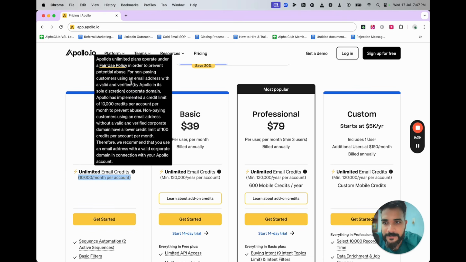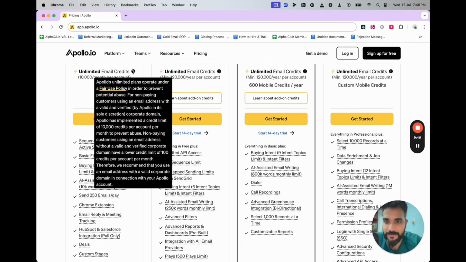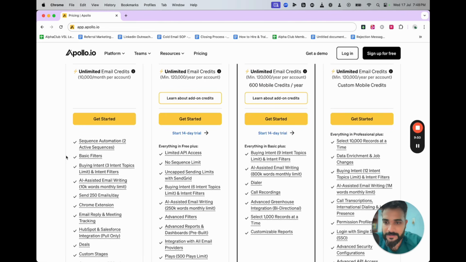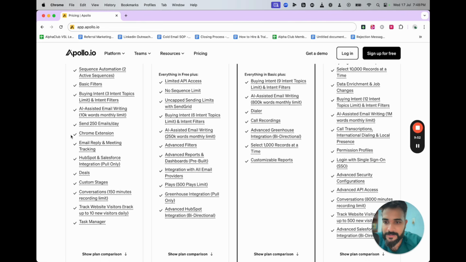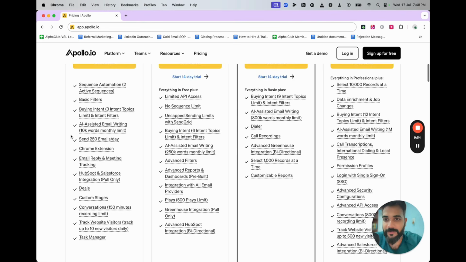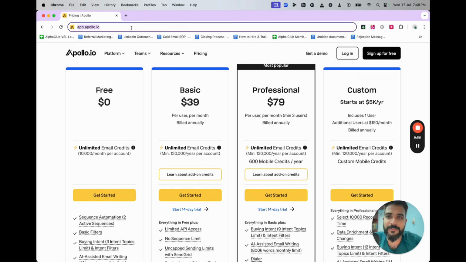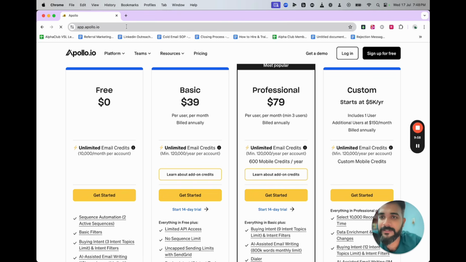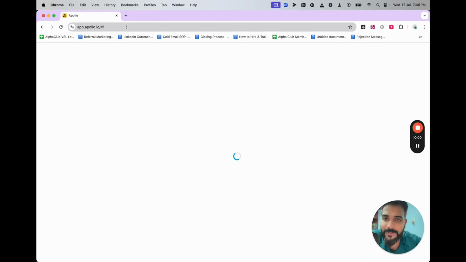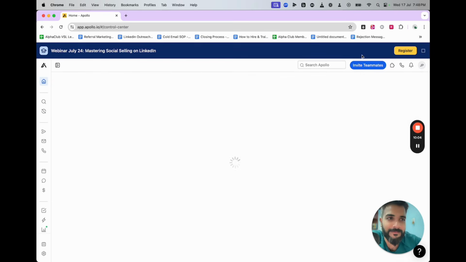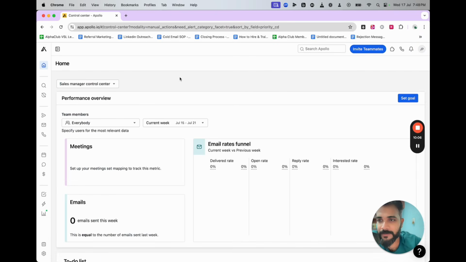I think they allow you to send 10,000 emails per account, but I'm not sure how much database they'll allow you. You can use the free version to really get some data out. I have the professional version, which is the best one to purchase if you are looking to purchase.